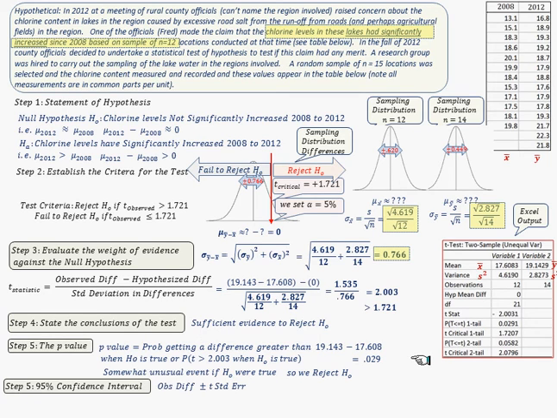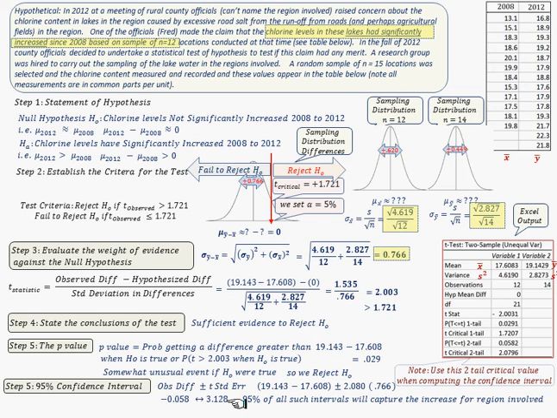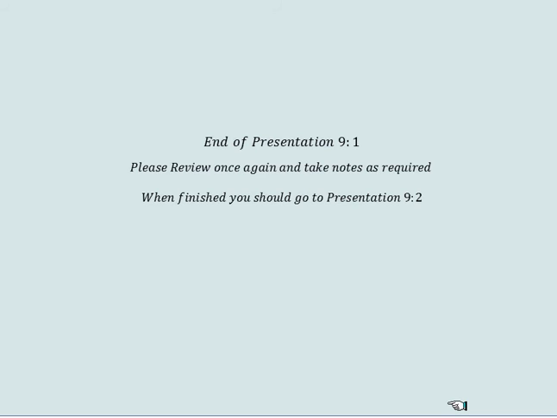We're looking at a confidence interval now. It's the observed difference plus or minus t times your standard error. The observed difference is given up here, the difference between the x bar and y bar, and your critical value is 2.0796. This is a two-tail value, and since a confidence interval is a two-tail notion, we have to use the two-tail critical. That comes out to be the region here. And we're saying 95% of all such intervals will capture the true difference, or the true increase for the regions involved. And that's the end of presentation